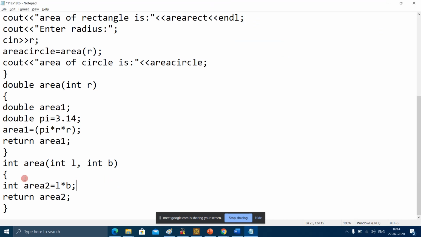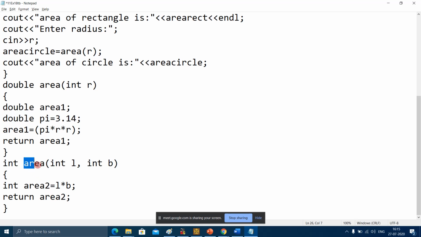So now this area function has another variable area2 whose data type is int. The value of L was 3, the value of B was 5, so 3 5s are 15. This is calculating the area of a rectangle, length into breadth. So L into B, 3 into 5, is 15, so area2 will become 15, and this function is going to return the variable area2. Area2 is an integer, which is 15. So this function is returning 15.